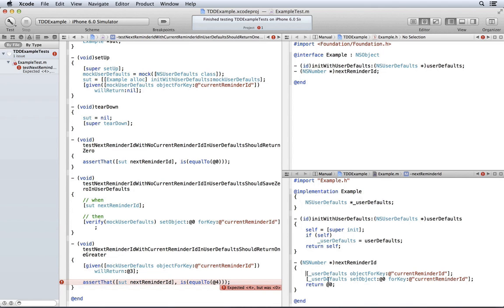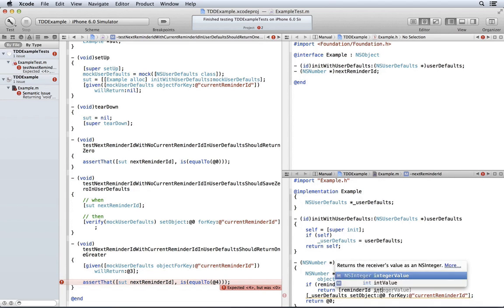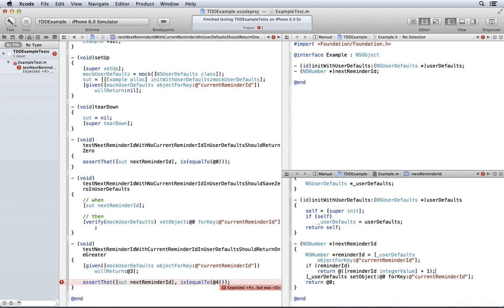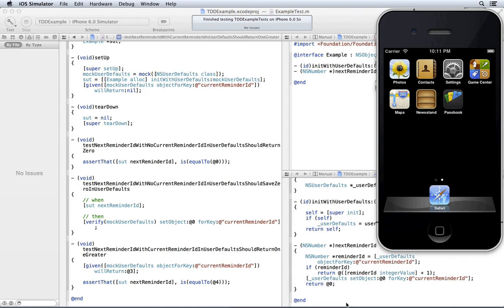And let's put that in a variable, say if there is such a value, then return, I'll get its integer value, add 1, and turn it back into an NS number. Like that. Let's try that. Command U. And we're good.